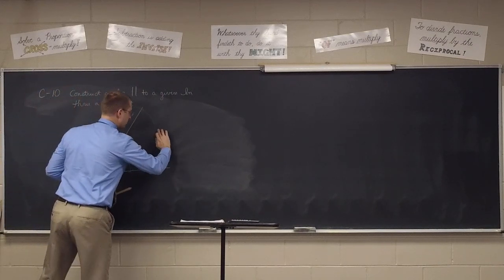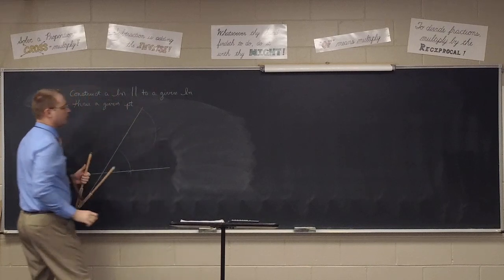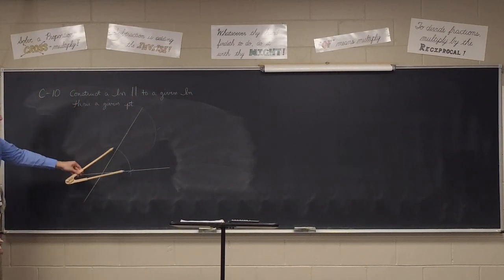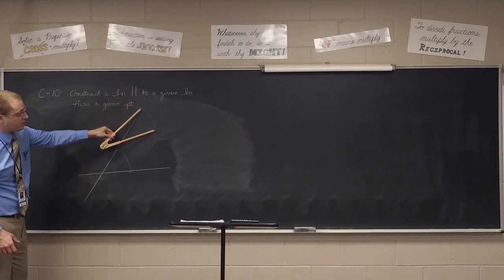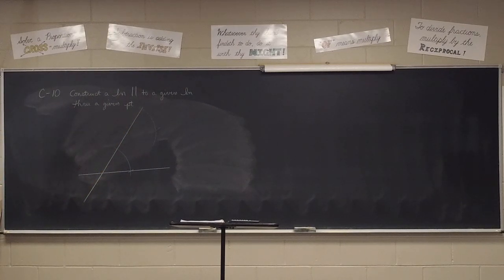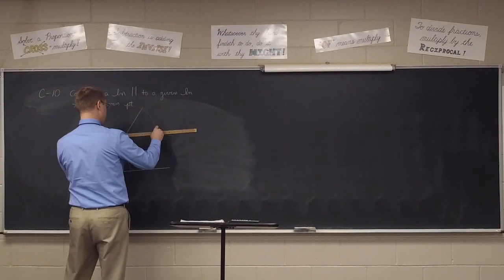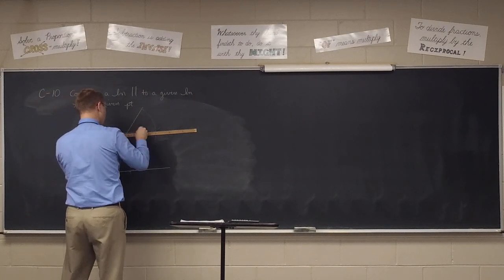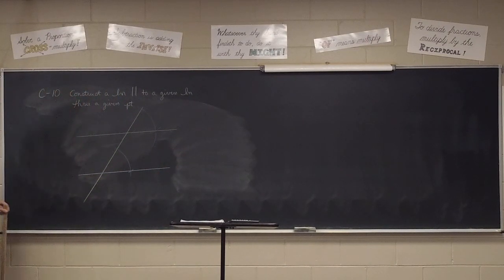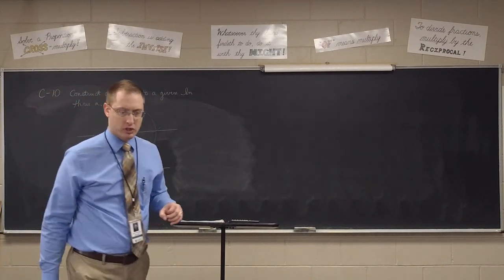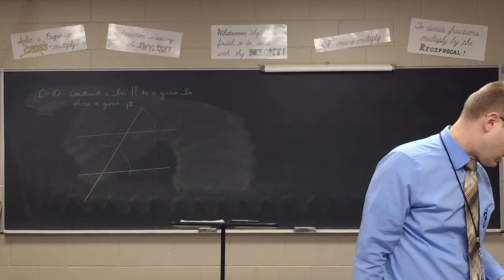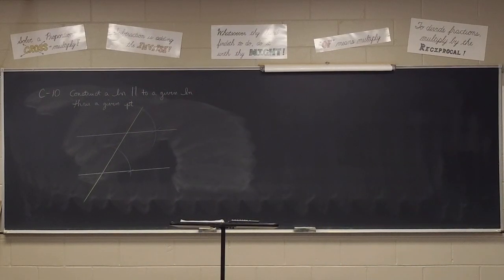So this line doesn't exist. It only looks like it does. All right? So you measure across, and then of course connect the dots. And as you connect the dots, you are drawing the parallel. And there we go. So you get your transversal, copy your angle, and as you connect the dots,